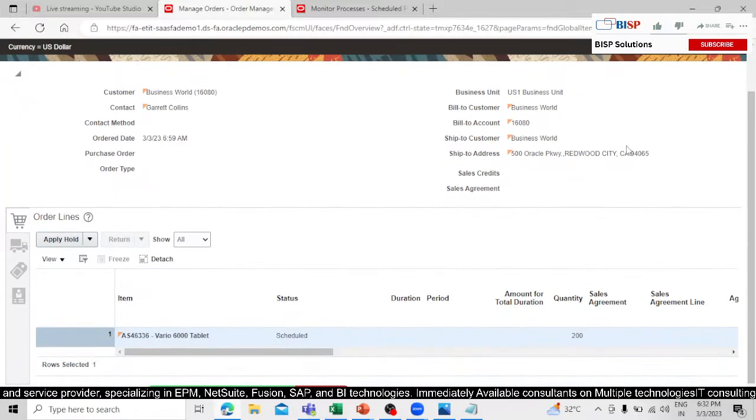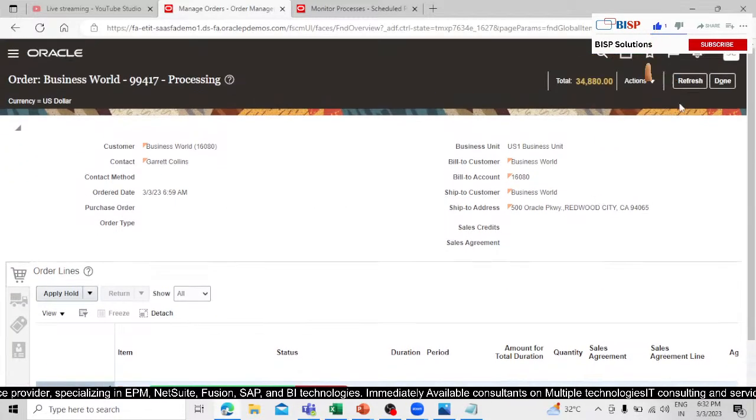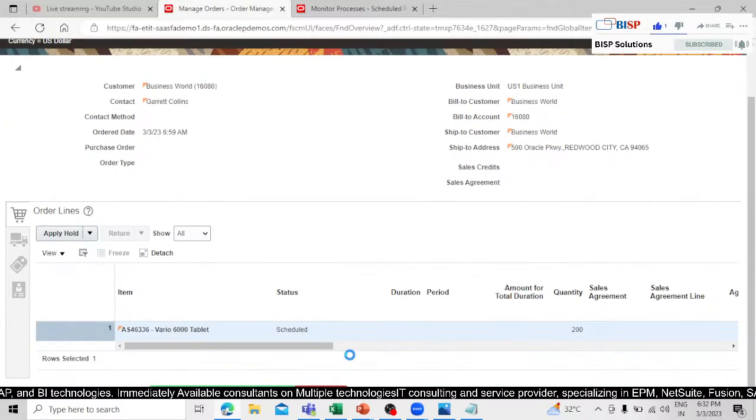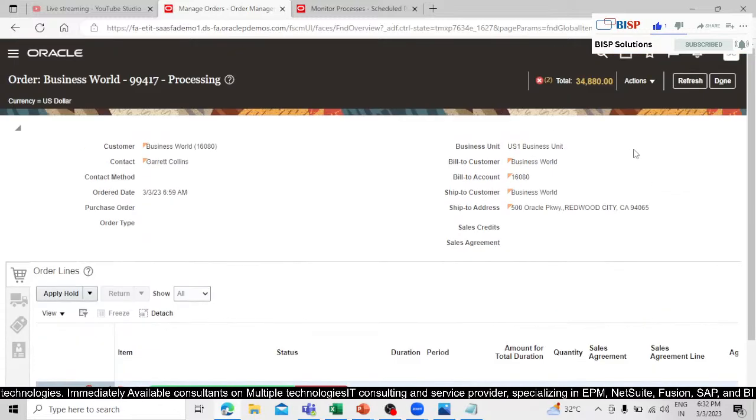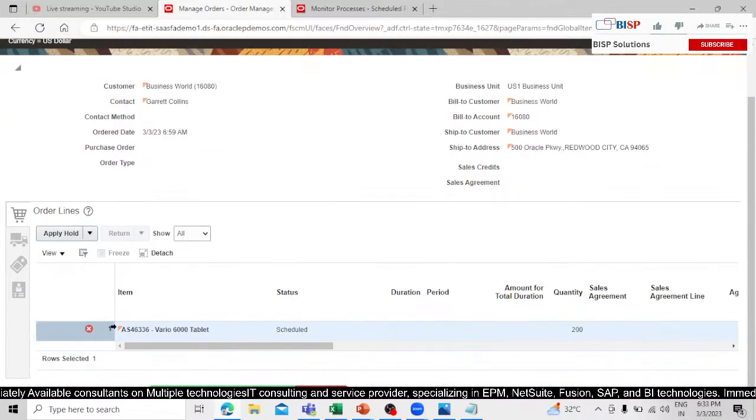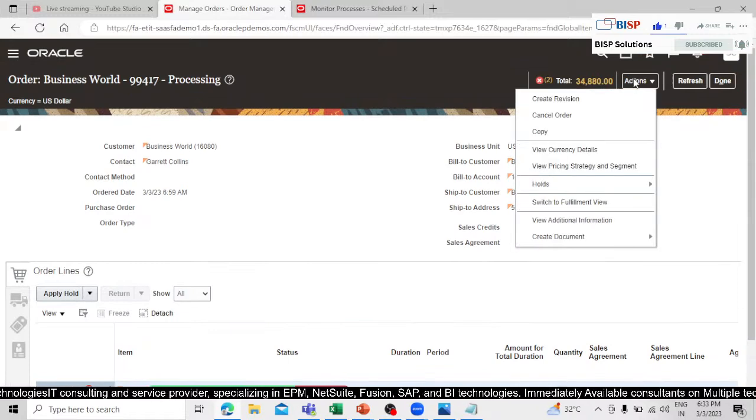Now you can check the status is scheduled and click on this refresh. Again click on this refresh. Status is scheduled. See, it displays one error, right? So what is the error you have when we hover on this one? I think it should display more. So click on this action and we have to go to